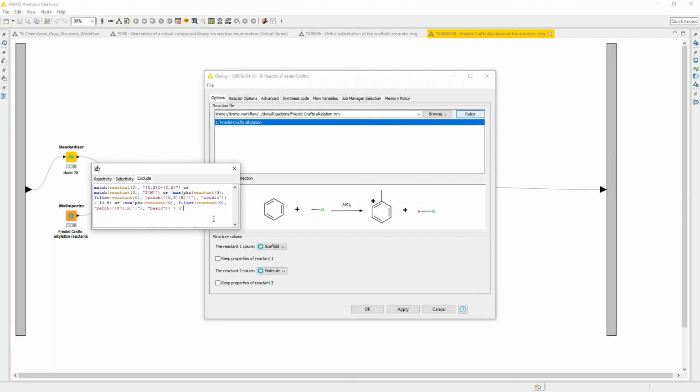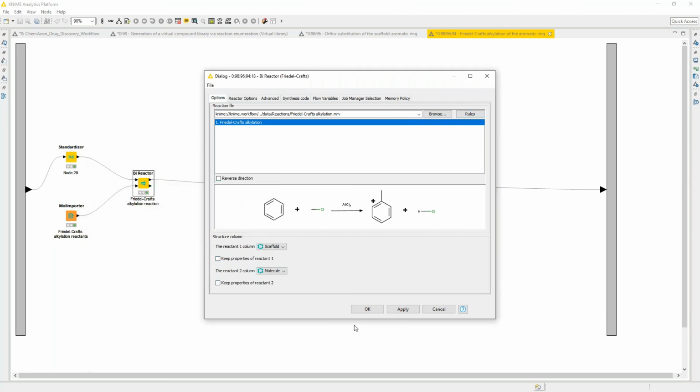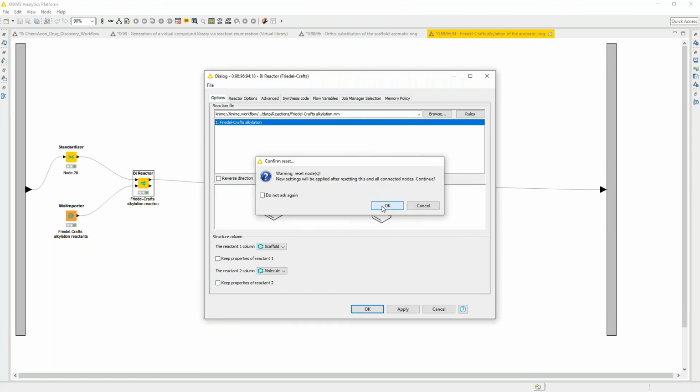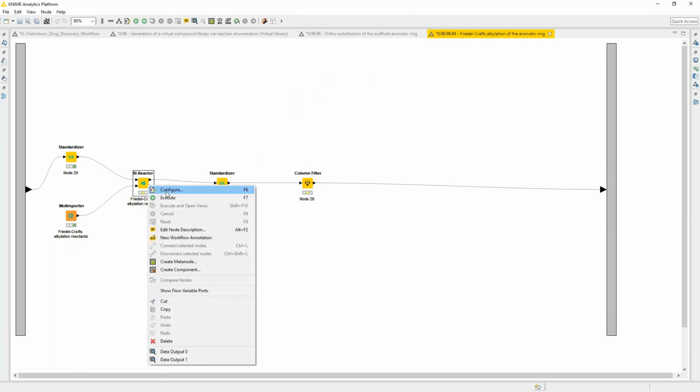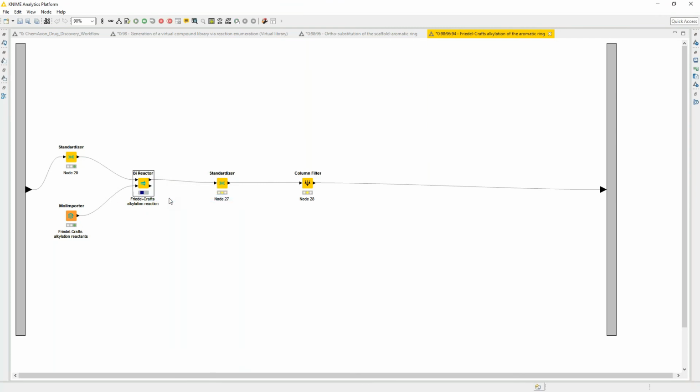Also, if I want to, I will not do this, but further conditions can be added or modified regarding the exclude rules as well. So if I apply these changes and run the reaction,